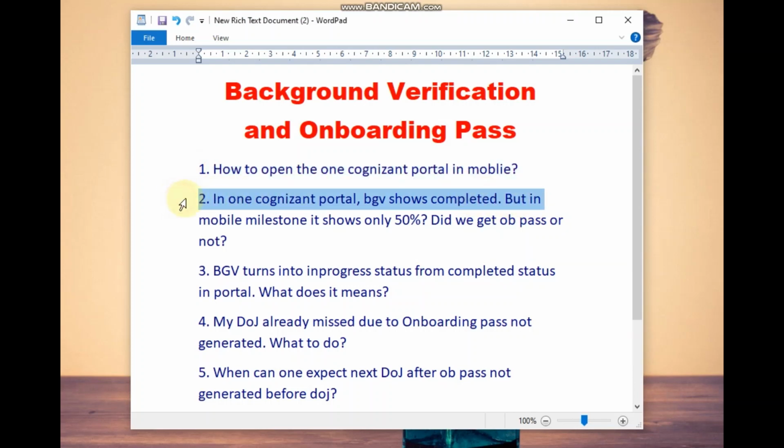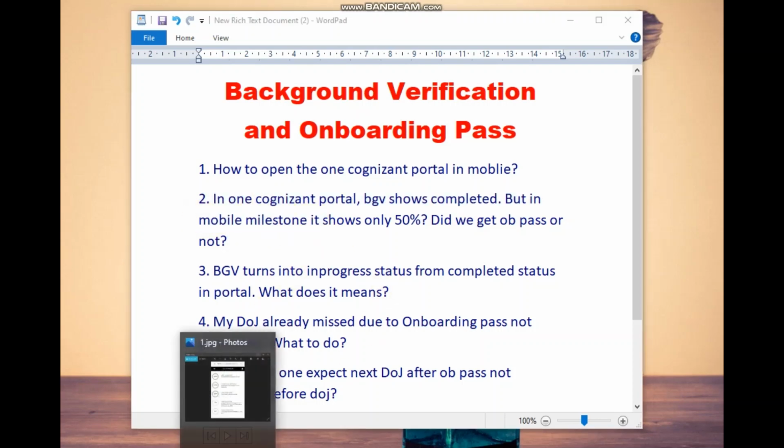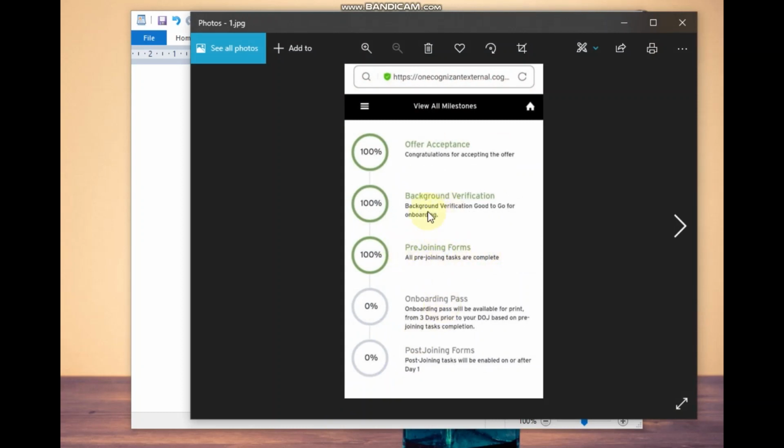Now coming to the second query, that is in One Cognizant portal your background verification shows completed, but in mobile milestone it shows only 50%. So did you get onboarding pass or not? So see guys, mobile milestone means that you are opening from the browser, that is mobile. Okay, so when you open that One Cognizant portal from the browser, it will look something like this.